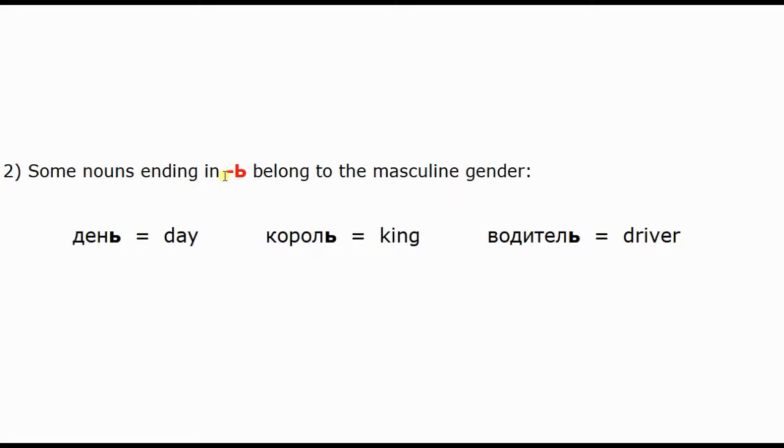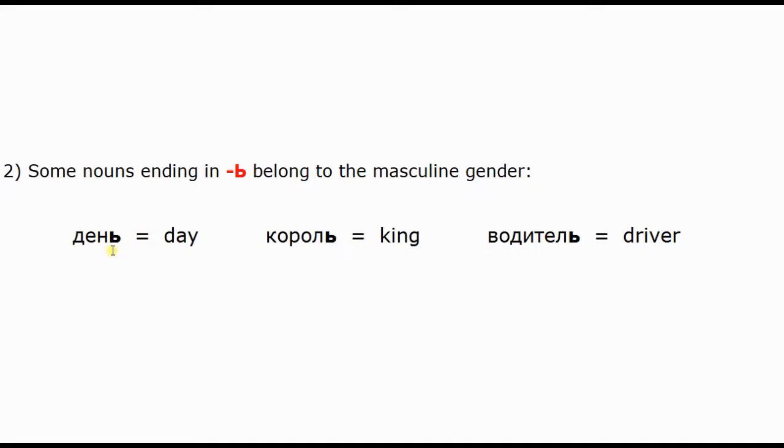But in today's video, I'm going to be talking about those nouns which correspond to the masculine gender. Some of them may be of the female gender and also of the neuter gender, but some nouns ending in the soft sign can be of masculine gender, and there are some examples which are день,